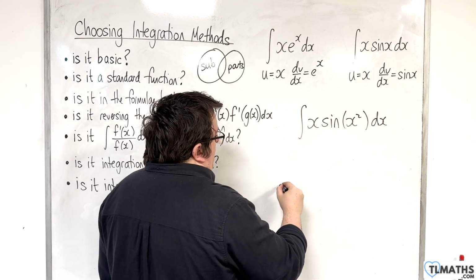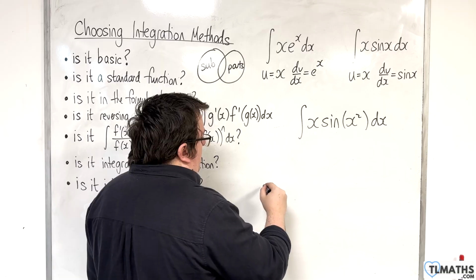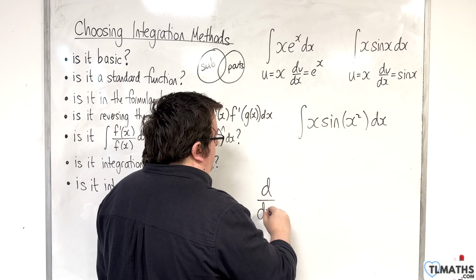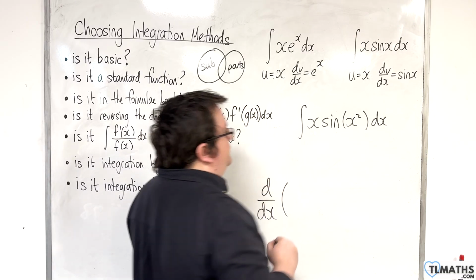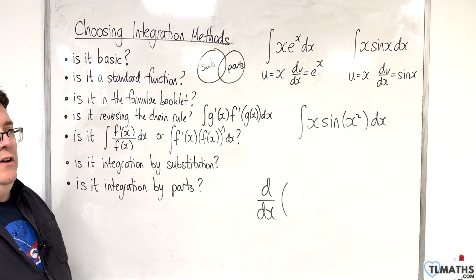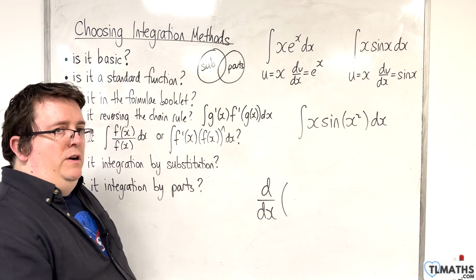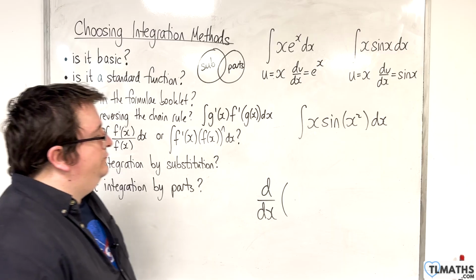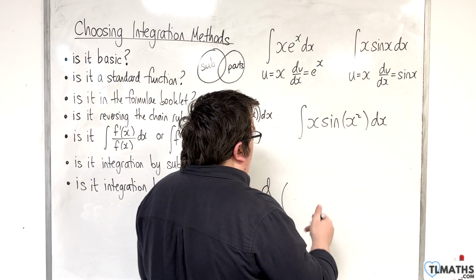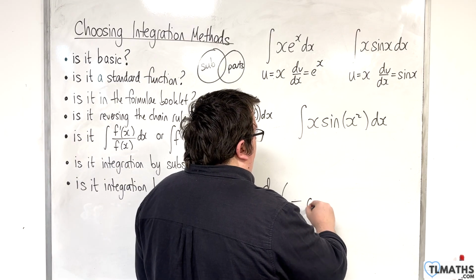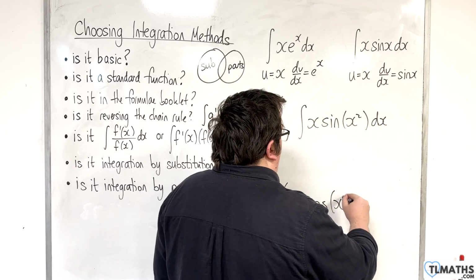So I would imagine what I'm going to end up with. I know that sine must integrate to a minus cosine. So I expect to get some minus cosine of x squared